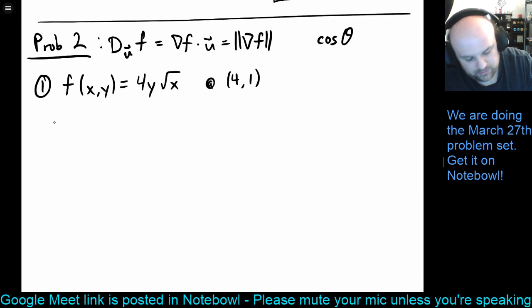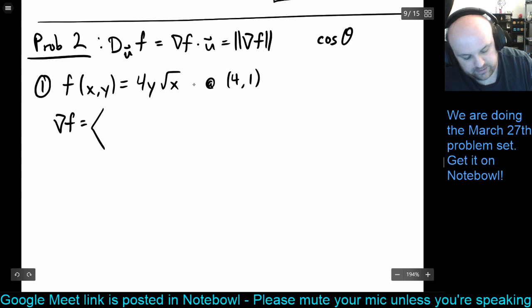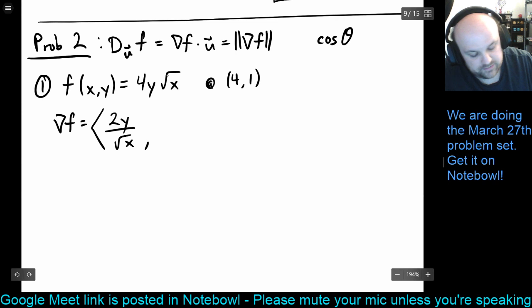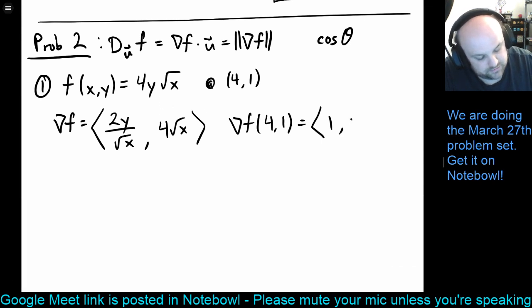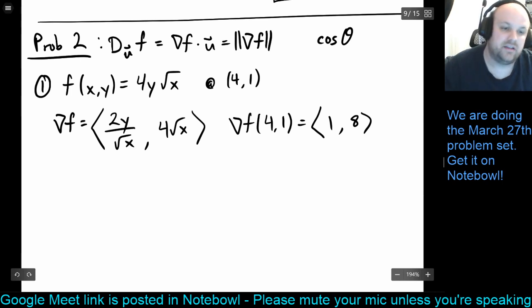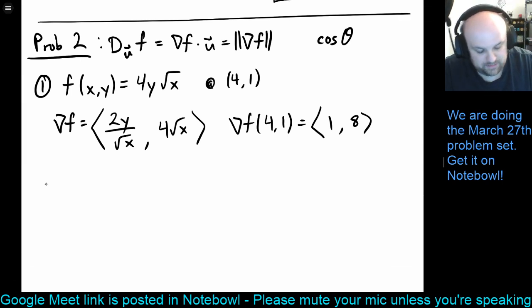So let's do our usual gradient. When we take the gradient, we're going to get 2y over square root of x. We differentiate with respect to y, and we're going to get 4 square root of x. So gradient of f at 4, 1 is going to be 2 times 1 over 2, so 1, and 4 times 2, so 8. And there we go. So the max rate of change